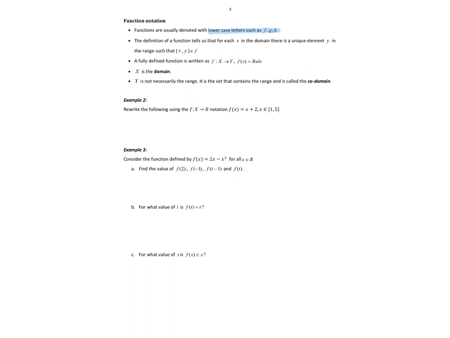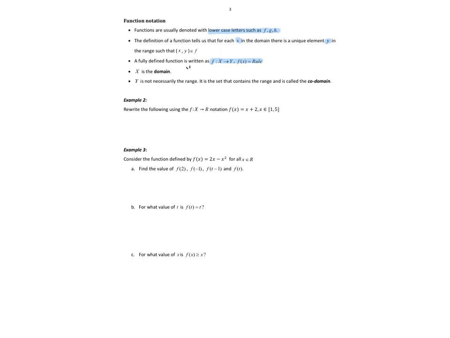The definition of a function tells us that for each x in the domain, there is a unique y. By definition, if it's a function, that's the case. Now, a fully written function is defined as that. That's my function notation. So what that says is, for a function,